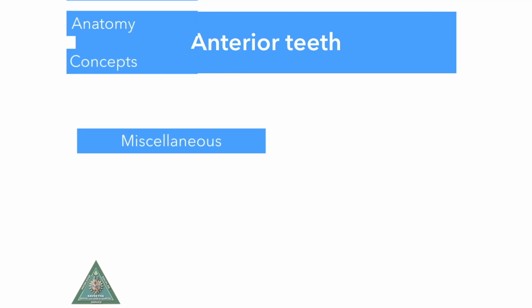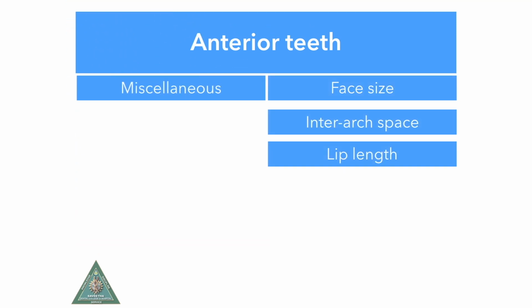You can also use the other forms of measurement: the face size, intra-arch space, and lip length. Intra-arch space and lip length are quite important. If the intra-arch space is quite less, then you will need to be grinding denture teeth, or thinning them out, or use shorter teeth. Lip length is also important since complete denture patients are usually elderly. They have decreased muscle tone, so the upper lip starts to sag. So you will need to use longer teeth to have nice exposure.